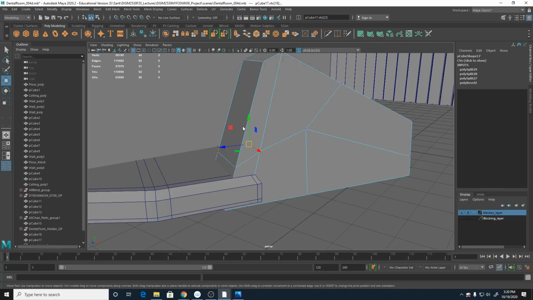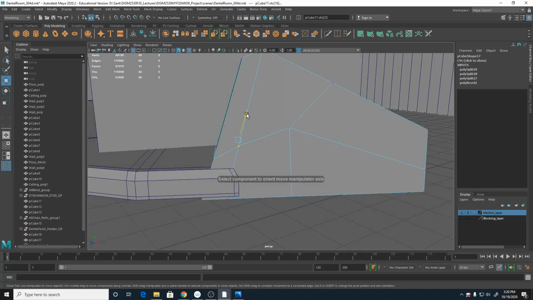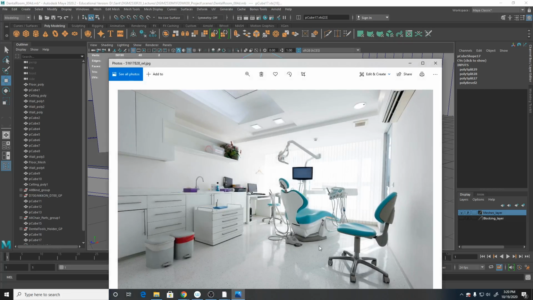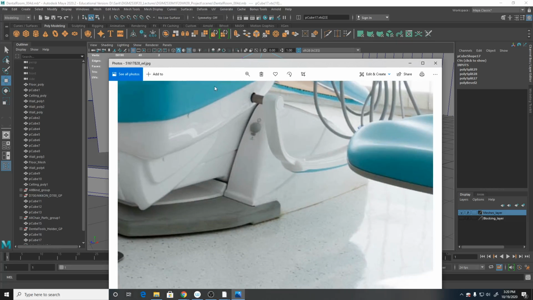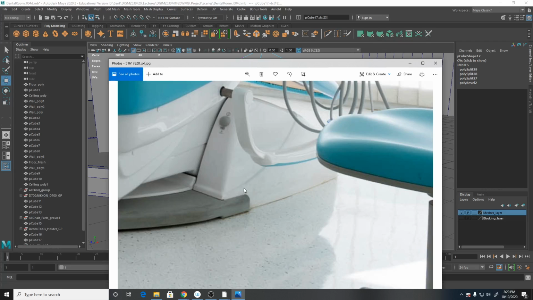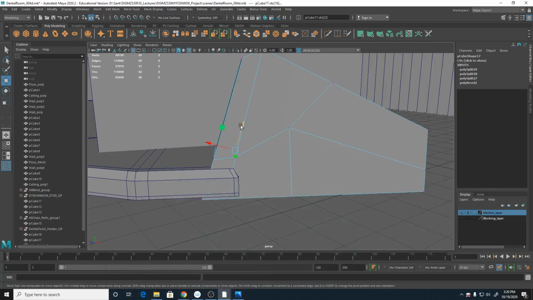Hold the W key, left mouse, axis, custom, set to face, and pick that face. Here we go. Let me take a look at the image again. I prep right here. Oh, okay, so it doesn't have to go too low. It started to angle like that right away. Okay. So I could,